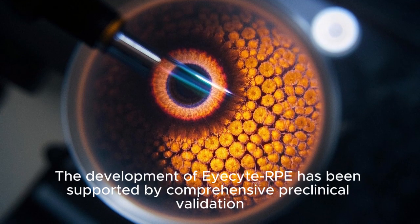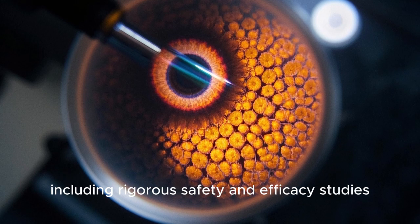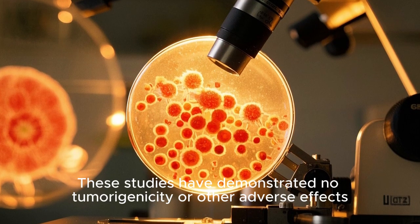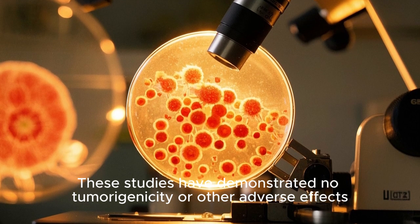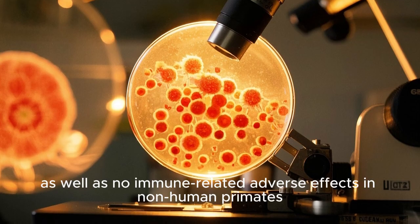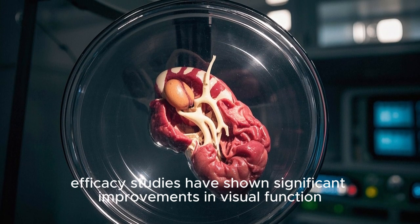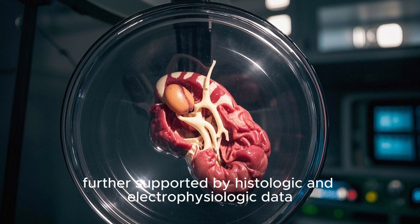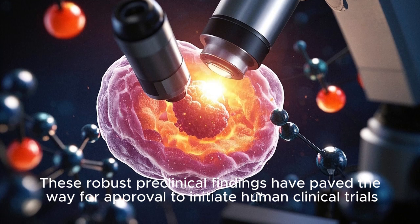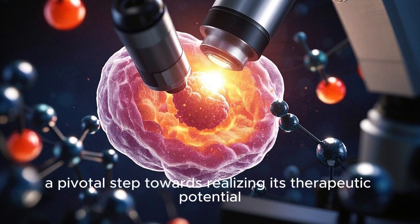The development of Eyecyte-RPE has been supported by comprehensive preclinical validation, including rigorous safety and efficacy studies. These studies have demonstrated no tumorigenicity or other adverse effects, as well as no immune-related adverse effects in non-human primates. Moreover, efficacy studies have shown significant improvements in visual function, further supported by histologic and electrophysiologic data. These robust preclinical findings have paved the way for approval to initiate human clinical trials, a pivotal step towards realizing